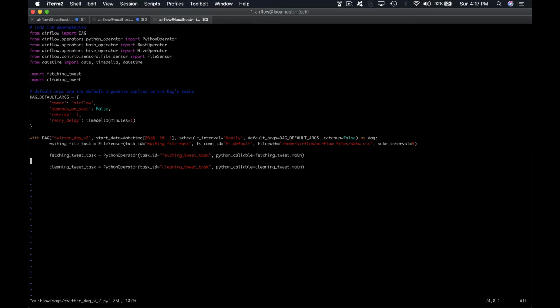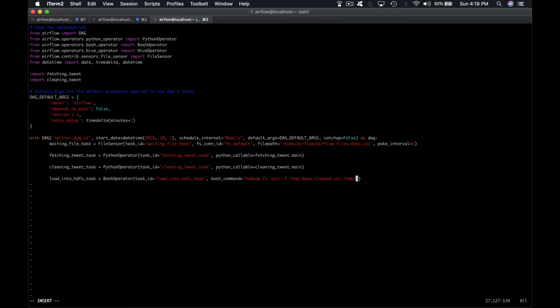So create a variable load_into_hdfs_task and instantiate a bash operator with the task ID load_into_hdfs_task with the following bash command. hadoop fs, for file system, -put for upload, -f for file, /tmp/dataclean.csv and the destination